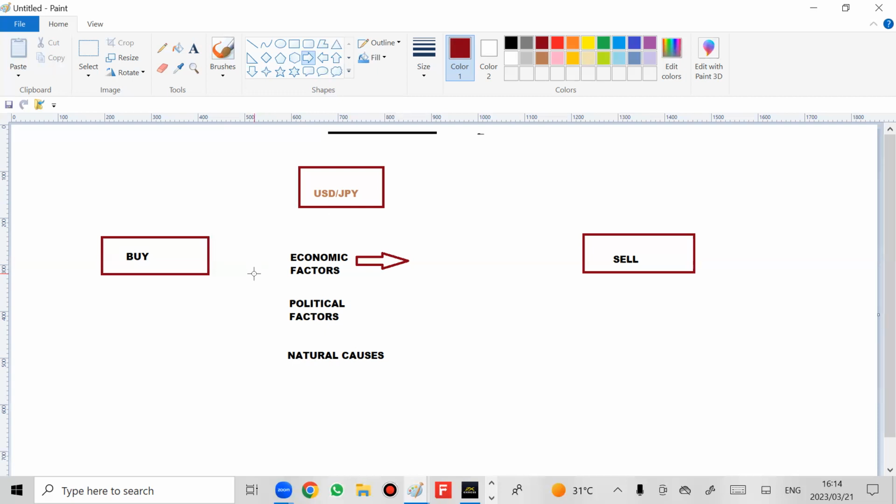Another question: what happens if the economy of Nigeria is doing so well? You have lots of exports, you're exporting a lot of petroleum, you are manufacturing a lot of stuff to export. What is going to happen to the naira? Is it going to lose value or grow? It's going to gain value. Exactly. So these are some of the factors which can affect the currency growth